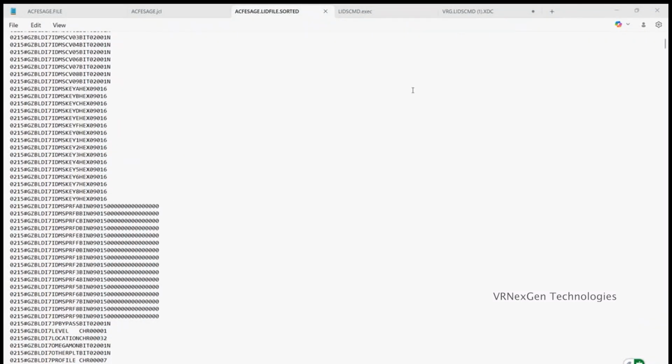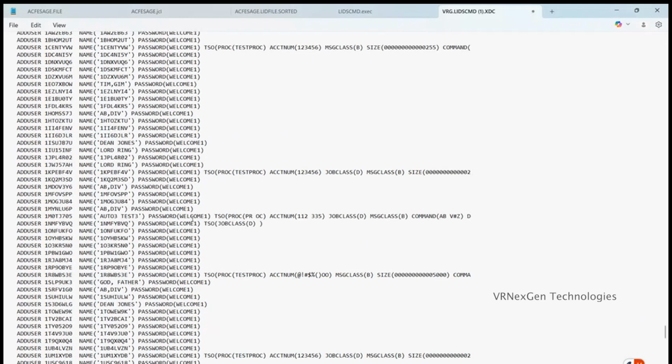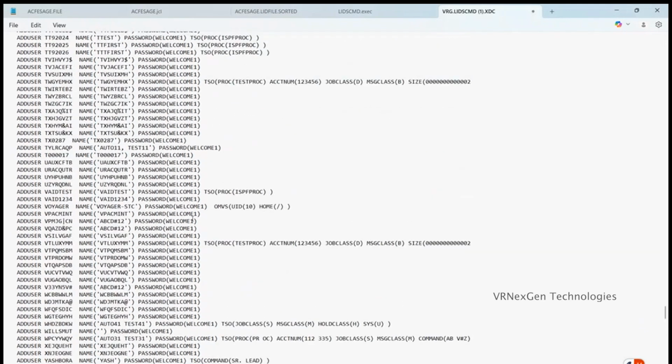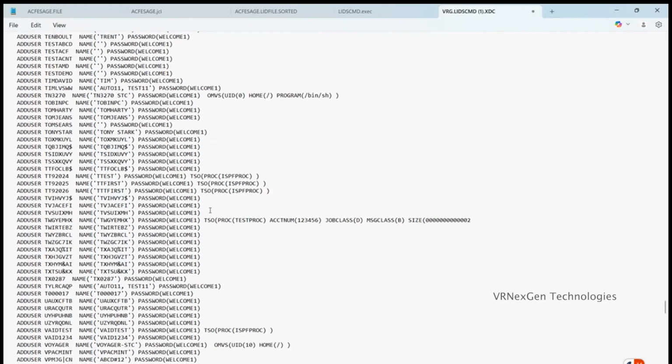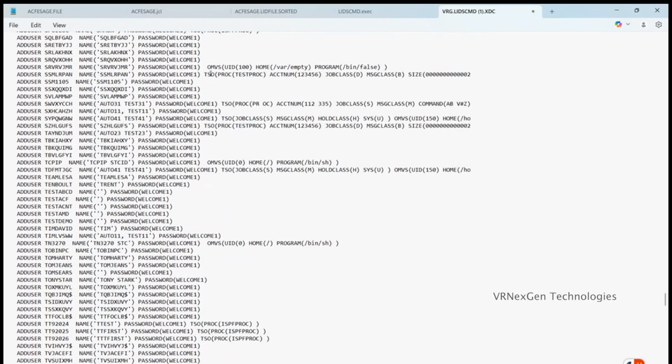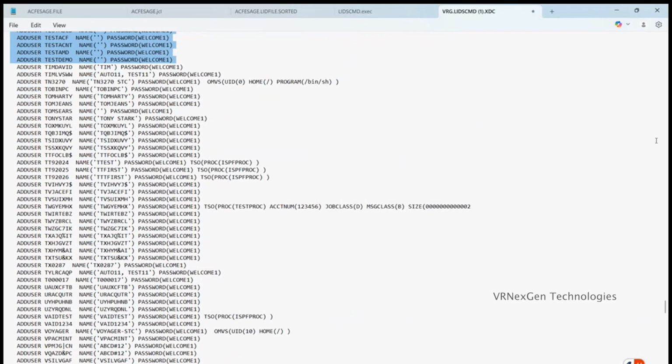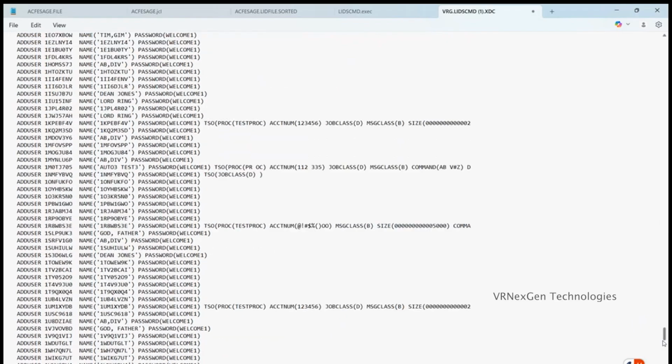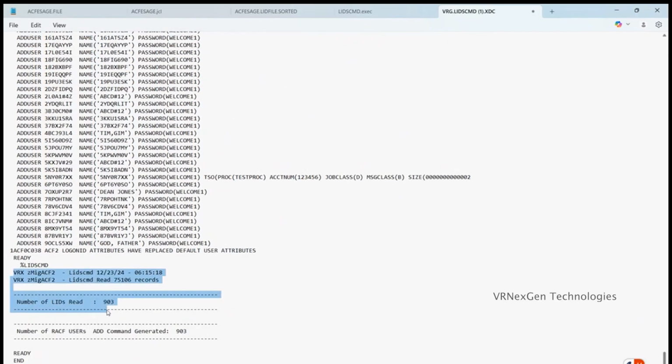We consolidate this, and the final outcome is that the conversion program generates your RACF definitions for users, along with your TSO segment, OMVS segment, etc., and of course the resource definitions with the rule set. And if you look at the number of logon IDs, we were able to convert them into RACF definitions. So as a pilot POC, we were able to successfully demonstrate this for our requirements.